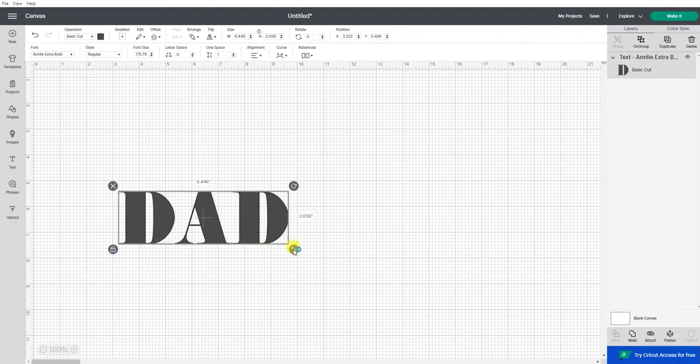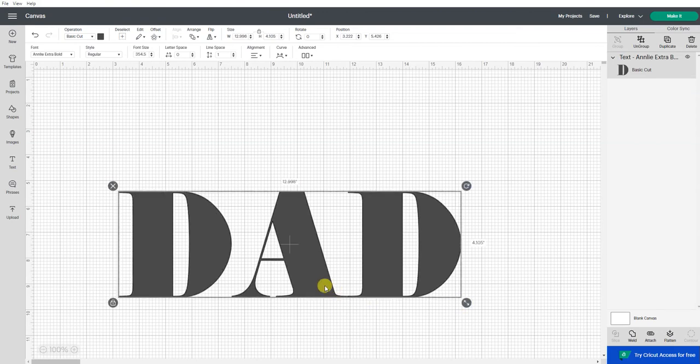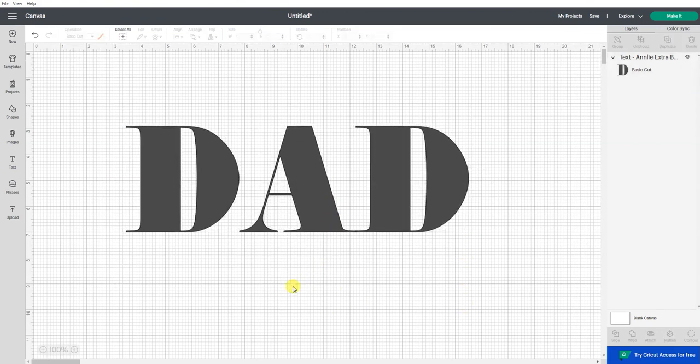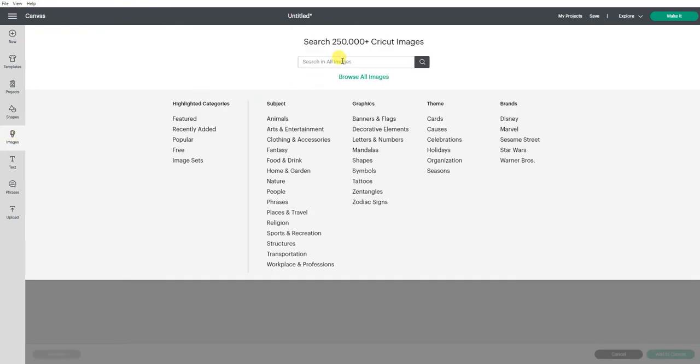Oh, this is a good one. So if we start off with a font like this, and what if we found some things dad likes? If your dad is into tools, you could find tools or fishing. Let's try that. So if I go to images and type in fishing,